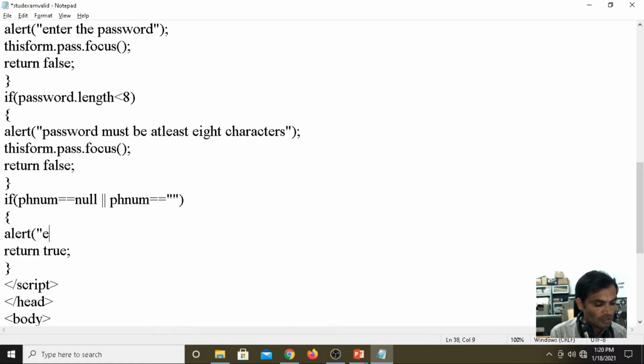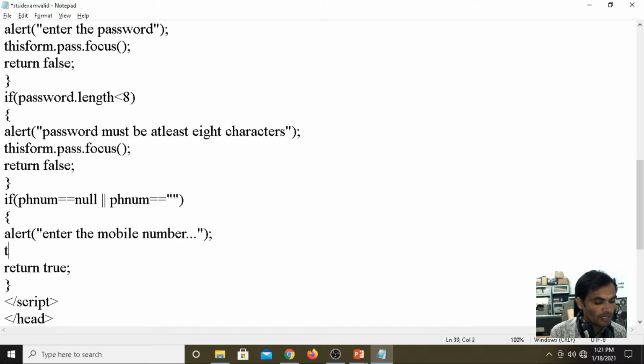Alert: enter the mobile number, this form dot phnumber dot value, return false.